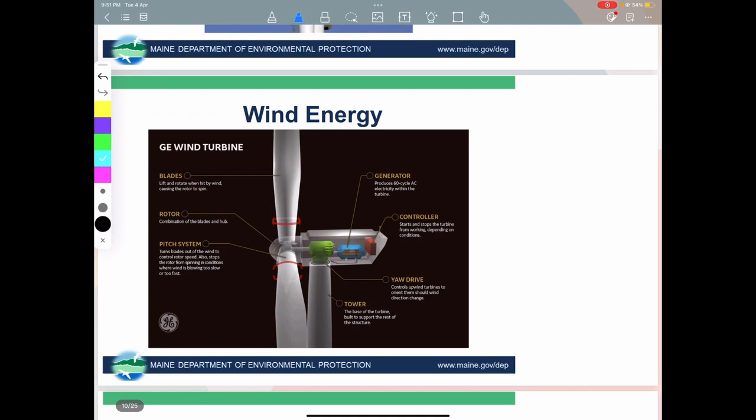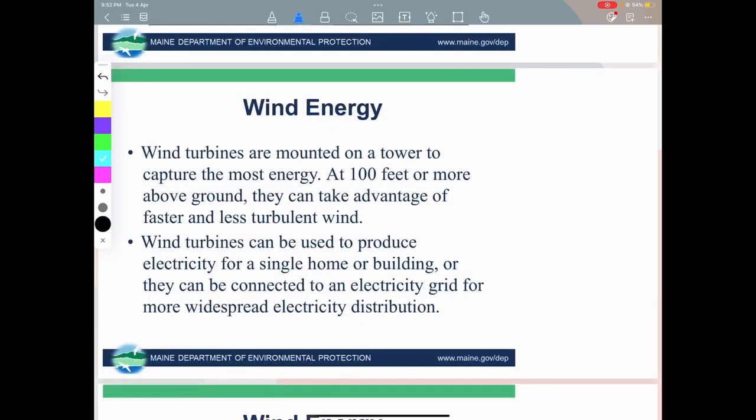And the yaw drive controls the upwind turbine. And the tower, it's the base of the turbine built to support the rest of the structure. Wind turbines are mounted on a tower to capture the most energy, and wind turbines can be used to produce electricity from a single home or building, or they can be connected to an electricity grid for more